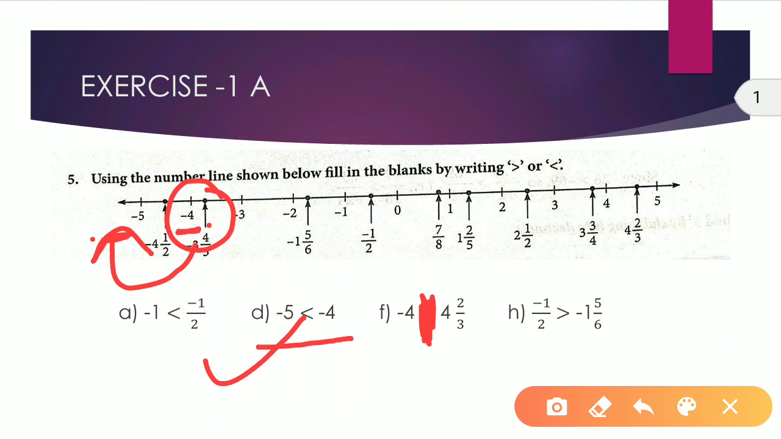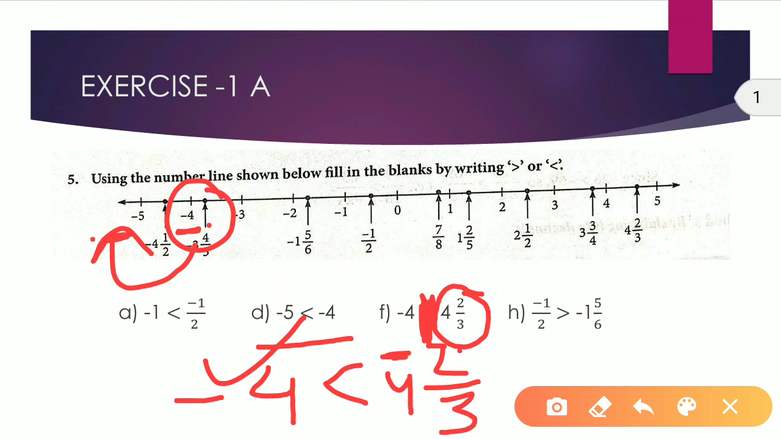Like that only. Here 4 whole 2 by 3 is a positive number, -4 is a negative number. Therefore, the positive number will be greater than the negative number. Means we can say 4 whole 2 by 3 is greater than -4. Next is